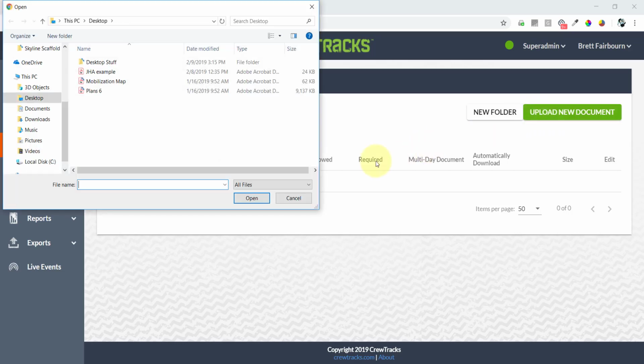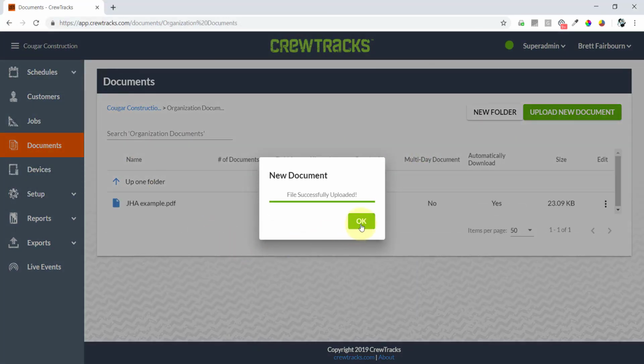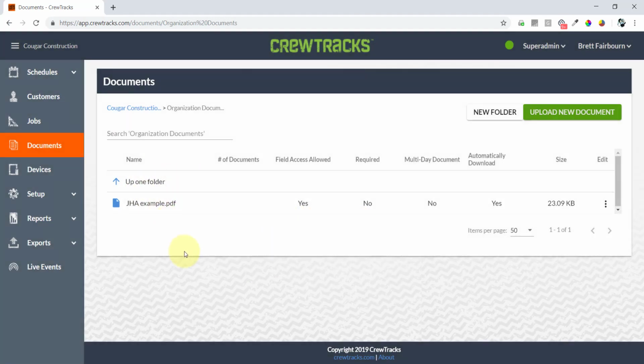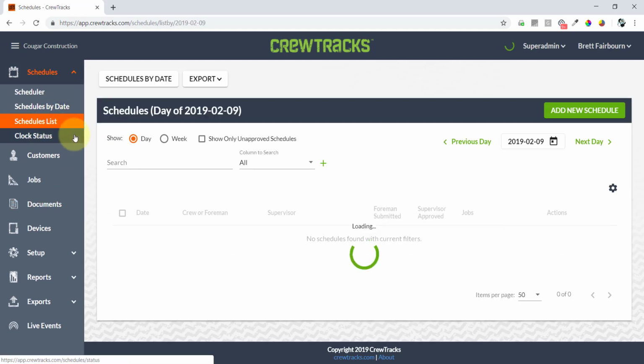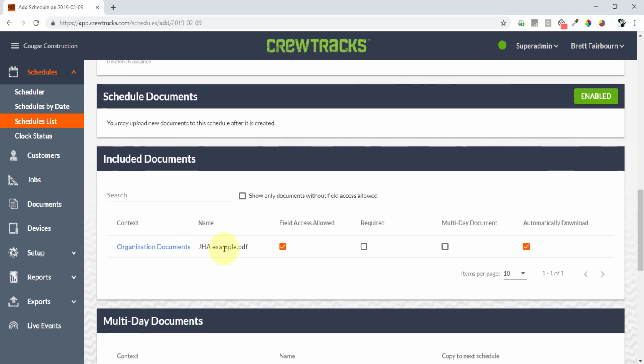So a good example is a JHA or a JSA, right? A safety form that you want everyone to fill out every day. Just put it in your organization documents and it will automatically be included on every schedule. So for example, if I go now to my schedules list and go ahead and add a schedule and scroll down, there it is. The JHA is included on my documents list by default